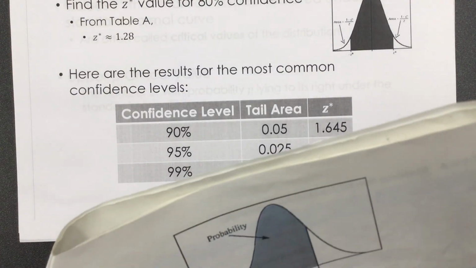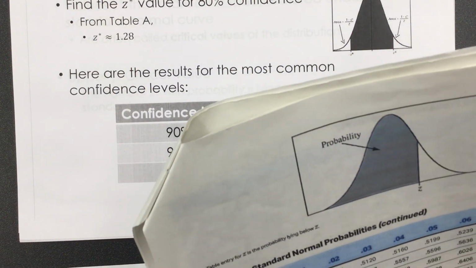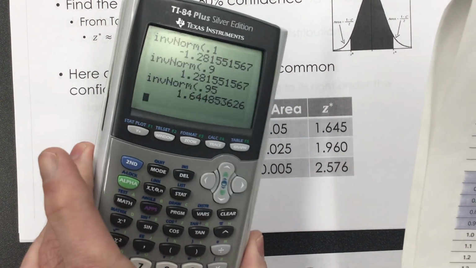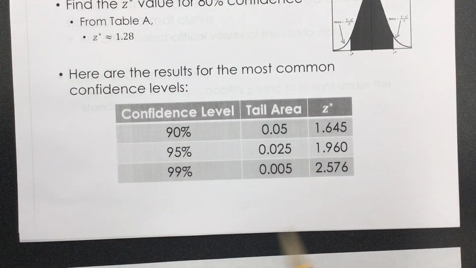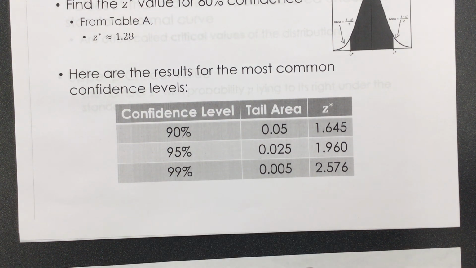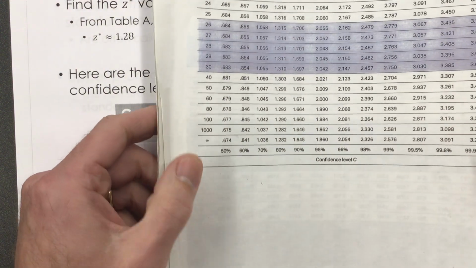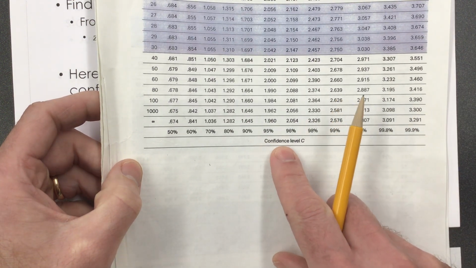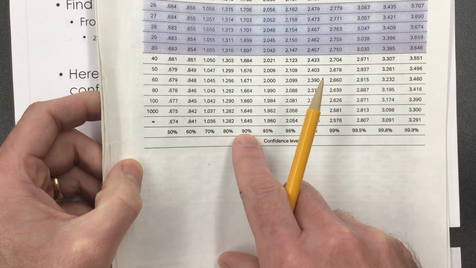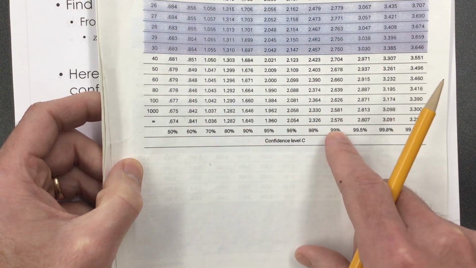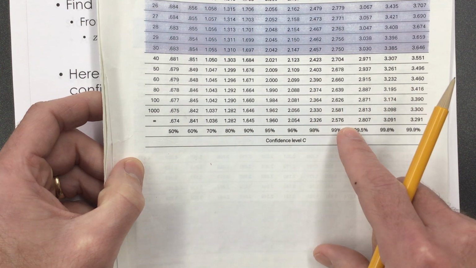Furthermore, I'll show you this. We're not really to this table yet, but this is where I find my Z stars. Obviously, the calculator's fast, but if you keep looking through this, eventually we get to the end of table B. And if you look at the bottom of table B, you'll see confidence level C. And here's the 80%, 90%, 95, 96, 98, 99. So there are those values,